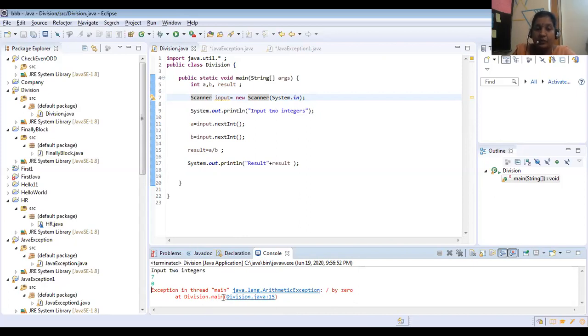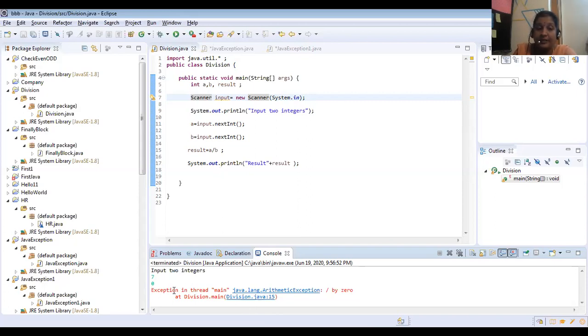Neatly it will give. So slowly you have to write this error like this only: exception in thread. Always you should say thread main, because why they are saying thread, later you will understand, because main is a thread. Later you will study threads. Thread means tasks are executed simultaneously, and a number of threads can be executed. By default, if you write a program, even if you are not writing your thread explicitly, you will have one thread that is called the main thread. Main is a thread, main is a method, we have discussed a number of things.